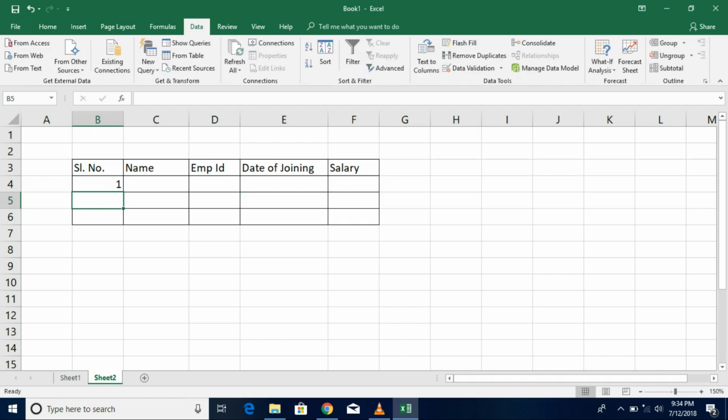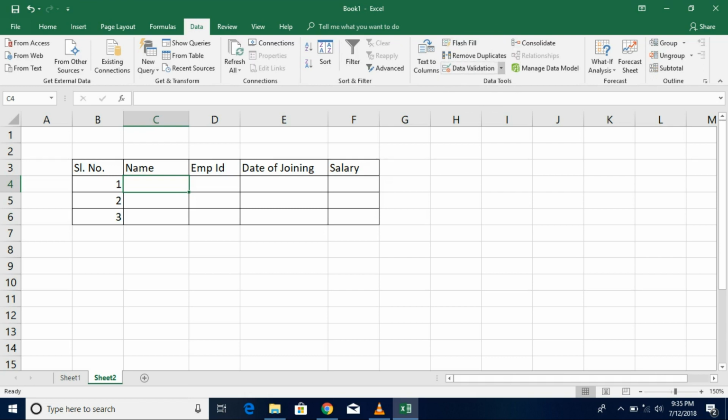So let's create a sample information here, giving a serial number and starting with something called name. Now let's understand a scenario where you want to restrict this entire cell or range to only entering characters. That can be done with the help of a formula called ISTEXT. That formula restricts a particular cell, as part of data validation, to allow the user to enter only characters. You need to select the particular cell which you want to restrict, and then